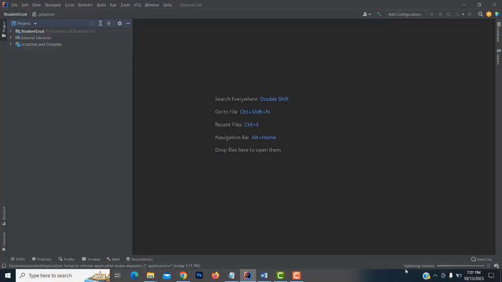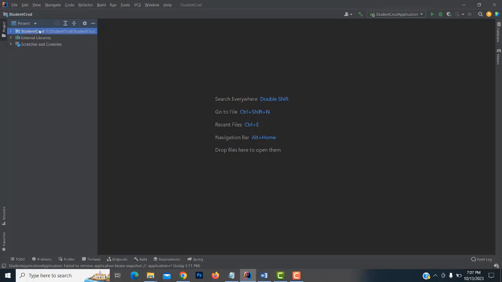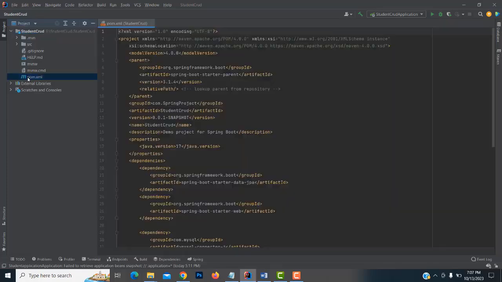Now all things are installed. You have to wait until the things are completed. Now it has been completed. Now this is your project folder, student CRUD. You have to expand the folder. You have a pom.xml file. If you double click on it,